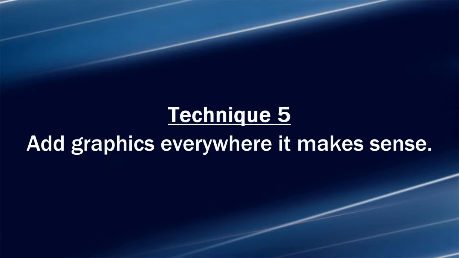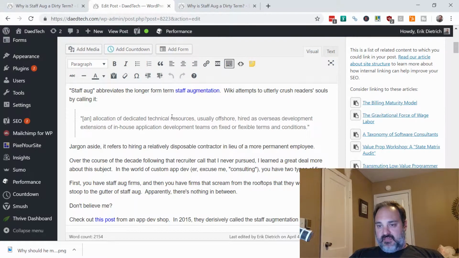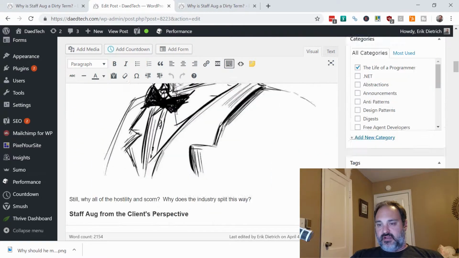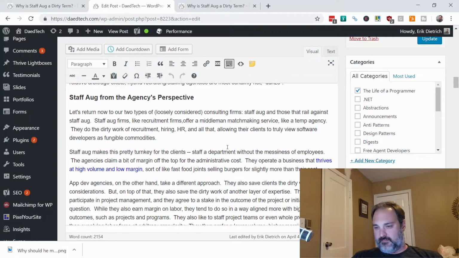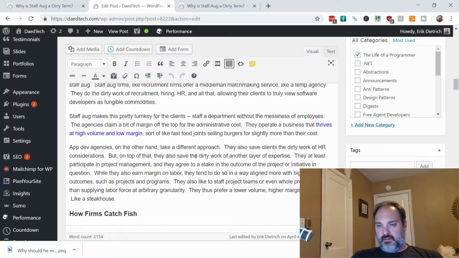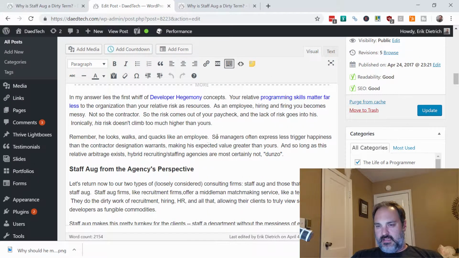Okay, so again, this is one we're not going to do throughout the post, but item 5 is we're going to start getting visual, and we're going to add graphics. And I won't belabor this point, but if I just scroll through here and I'm looking at where there seems to be a lot of text, I'm just going to maybe pick somewhere, and like looks and quacks. So looking and quacking,